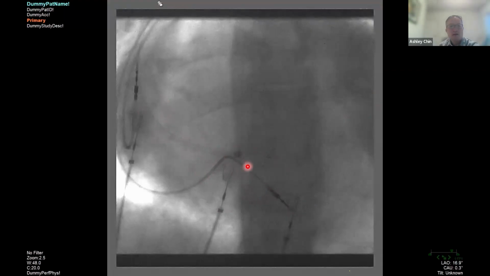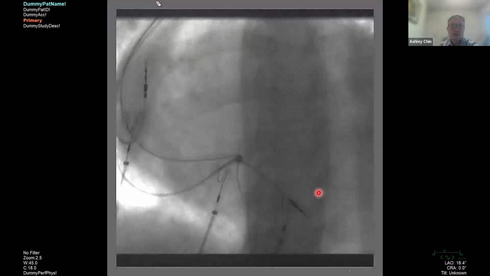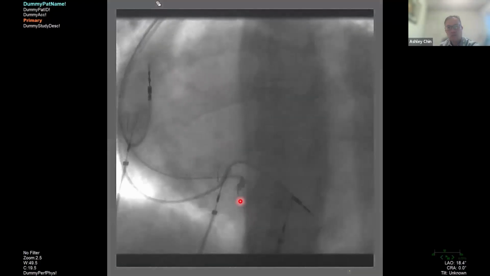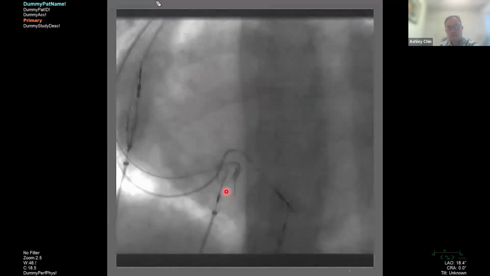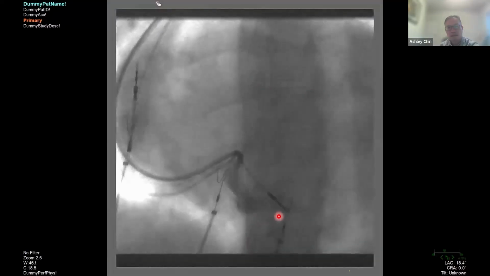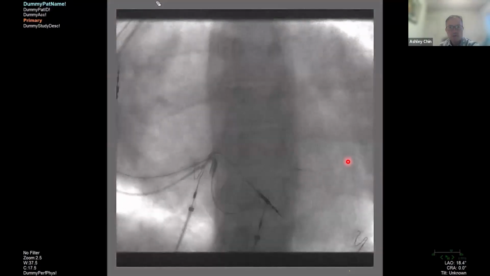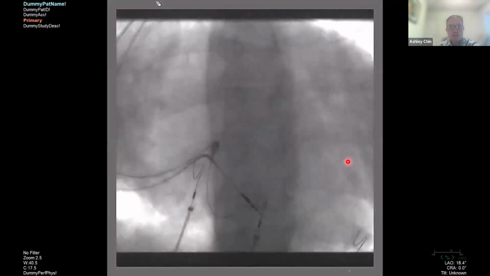So what this left bundle area pacing sheath allowed us to do is actually visualize the coronary sinus with contrast. And when we did that, I was able to pass a Terumo wire in there. You can see that we were able to then cannulate it, and you'll see it coming around. There's the coronary sinus here, and it's going to come eventually around there. And then, fortuitously, the wire went into a posterolateral branch, and with that,